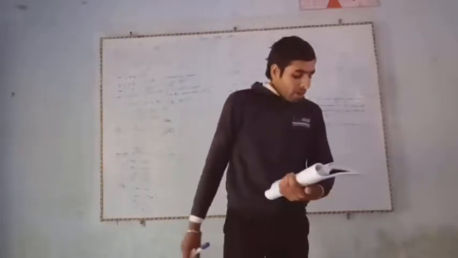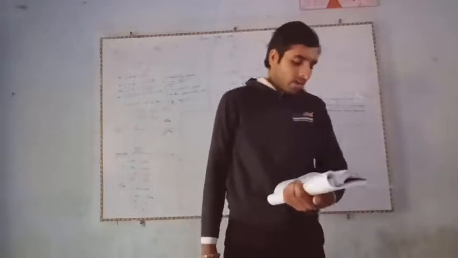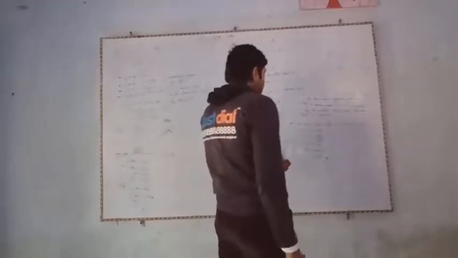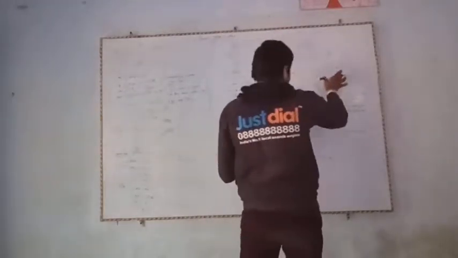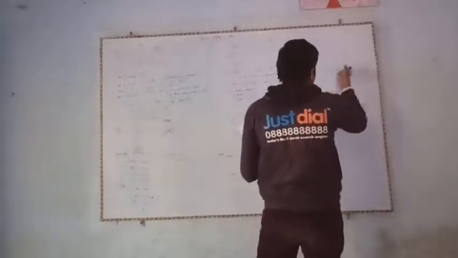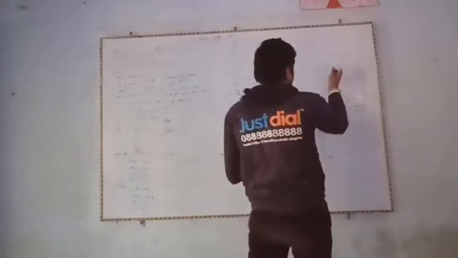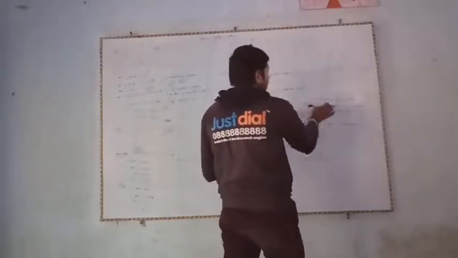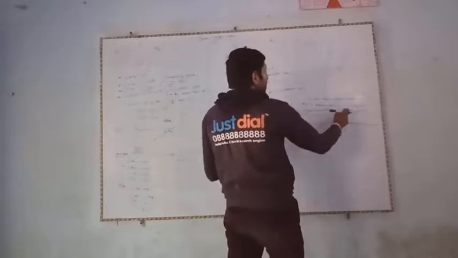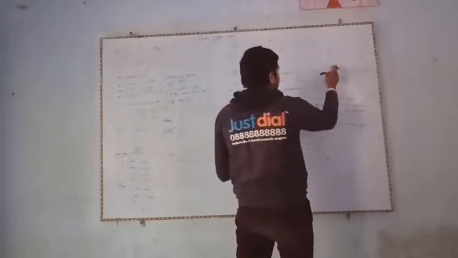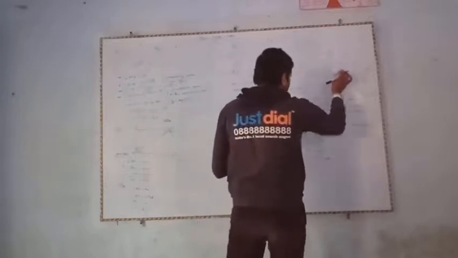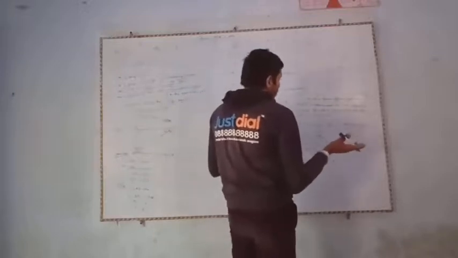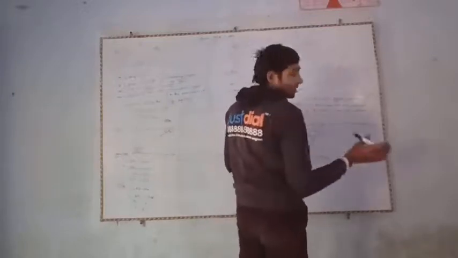Now we have to solve problem number 8. Find the value of x in the adjoining figure if L is parallel to M. You have been given that L and M are two parallel straight lines, and P is a transversal line which intersects M and L at distinct points. In the figure, the transversal P intersects the two parallel lines and forms the angles x and 2x. So angle x plus angle 2x is equal to 180 degrees by co-interior angles, because the sum of co-interior angles is equal to 180 degrees.